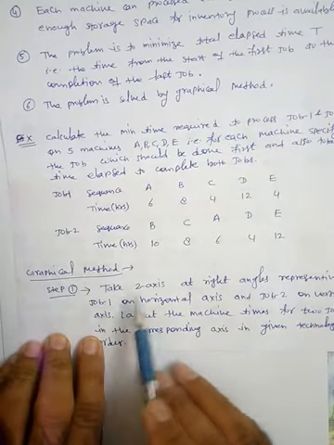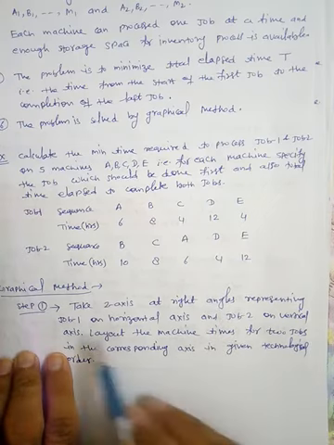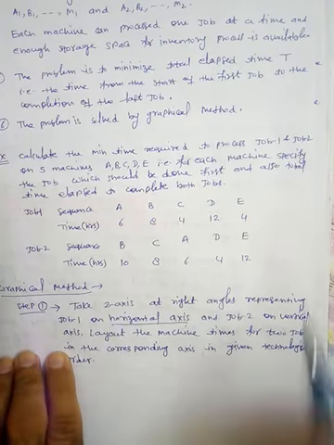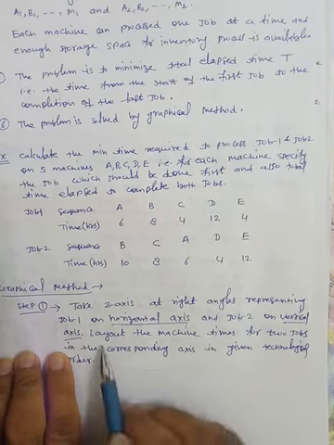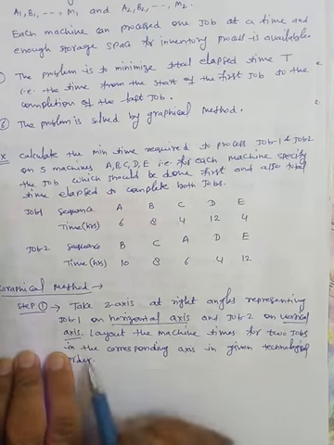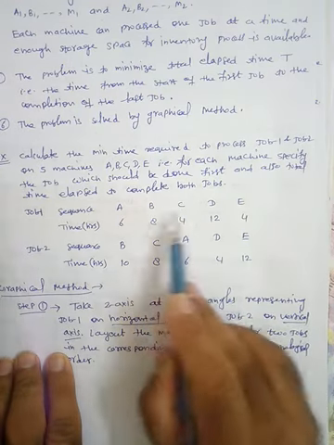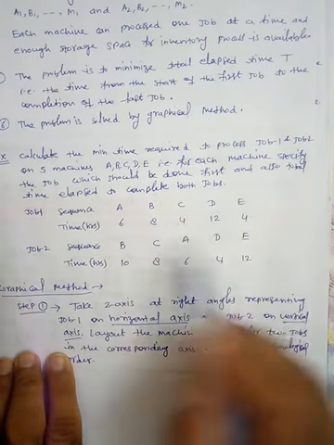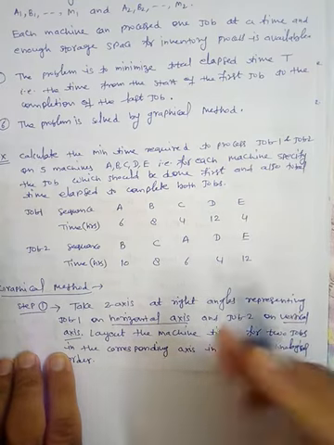The first step is to take two axes at right angles, representing job 1 on the horizontal axis and job 2 on the vertical axis. Then lay out the machine times for the two jobs on the corresponding axes in the given technological order. The order A, B, C, D, E should be maintained on the horizontal axis, and B, C, A, D, E on the vertical axis. How? So this is the graph.